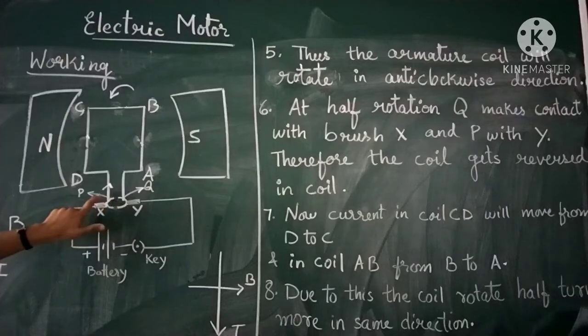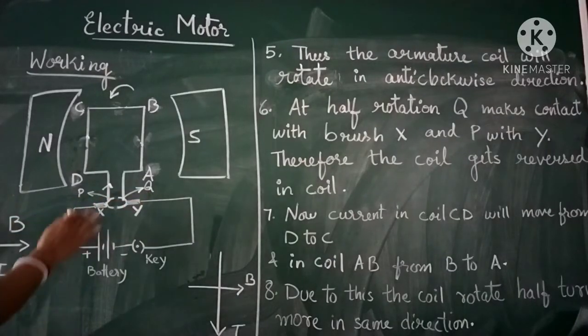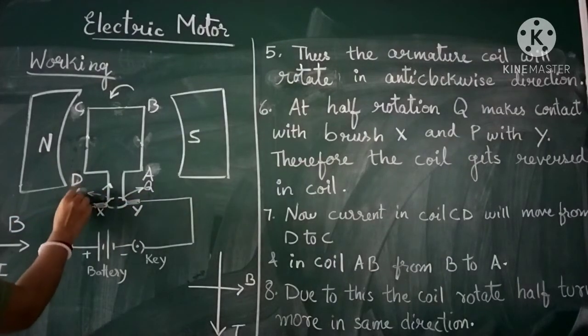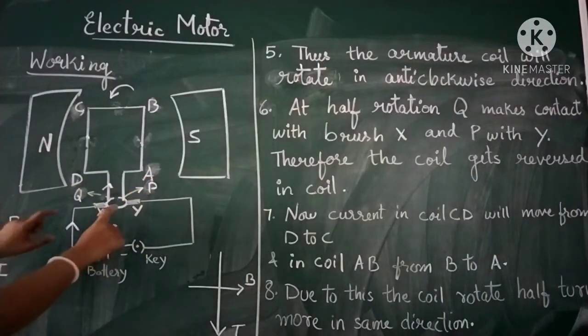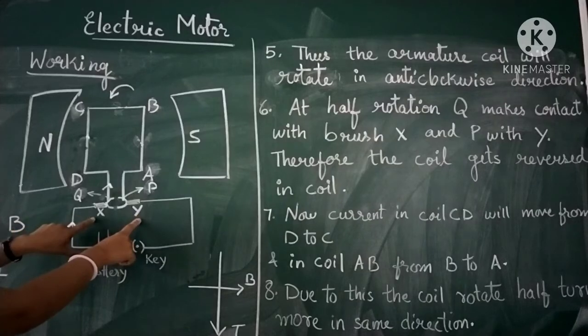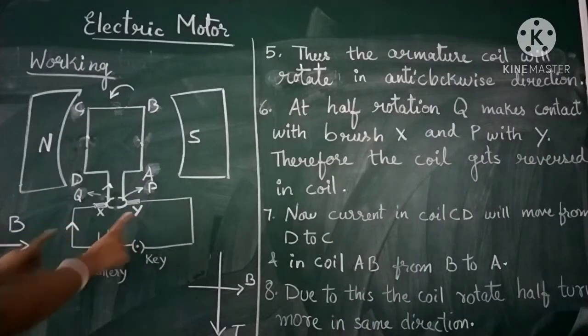The commutator, that is a split ring, another name for commutator is split ring. The split ring also gets this changed. From first it was P on this side and Q on this side. Now this gets reversed. This side becomes Q and this side becomes P. Only the thing that does not change is XY, that is the pair of carbon brushes,